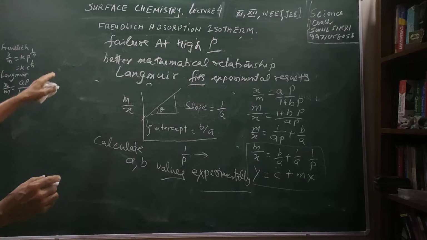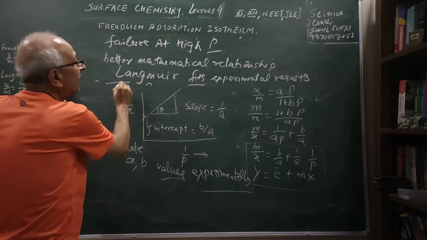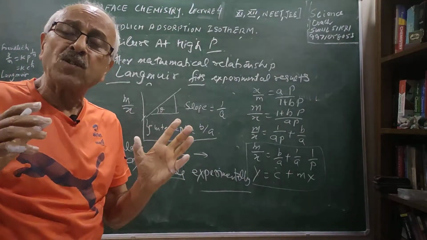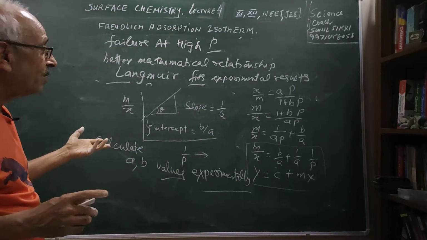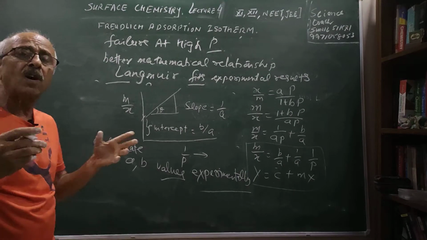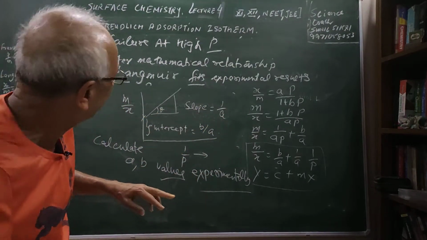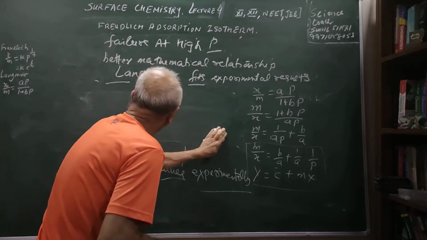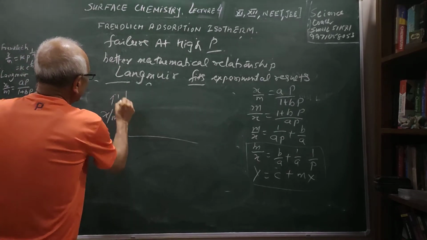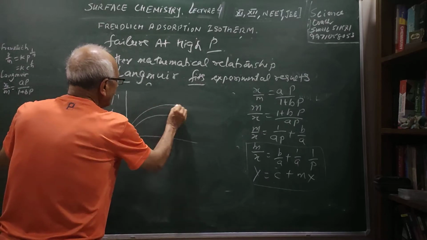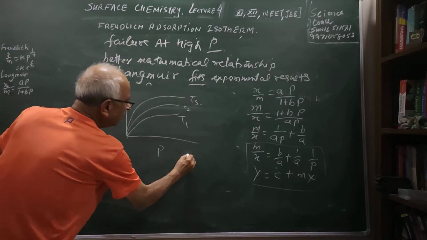Therefore, the Freundlich adsorption isotherm and the Langmuir isotherm which we have given are able to explain the extent of adsorption with pressure at constant temperature, and these are called adsorption isotherms. Sometimes you see that with increase in temperature the amount of physisorption decreases. A question was given in the exam once. What was that question? Something like this: you are given x by m versus p at different temperatures. These are the isotherms at temperatures T1, T2, T3 for physisorption.